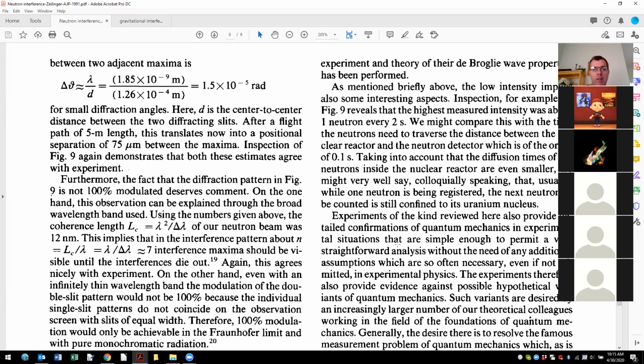They spend roughly 0.1 seconds doing all that. But we only detect a neutron every 2 seconds because they're operating the reactor at very low intensity,